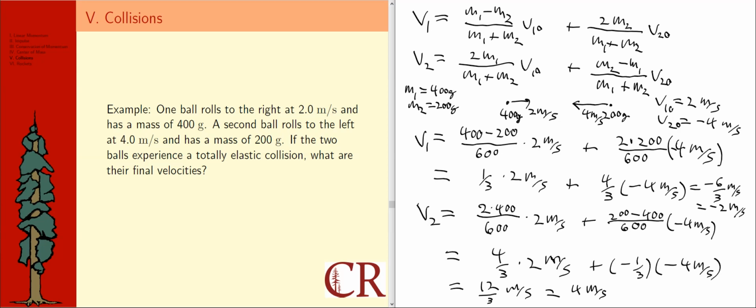It was coming in at minus 4 meters per second. In other words, it was coming in from the left, but this is saying after it bounced, it's bouncing off to the right. Wow, that's amazing. Are they all going to be that easy? The answer is no. The reason why this one turned out that simple and kind of symmetric looking is because